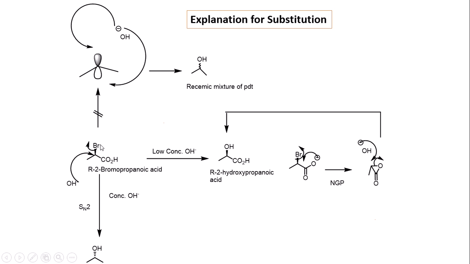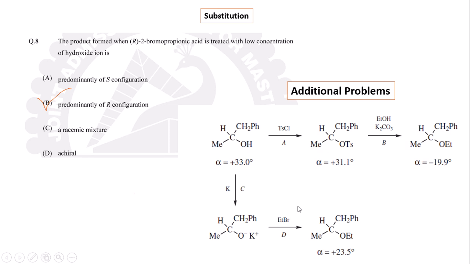And after the bromine cleavage, the carbocation intermediate is not formed, as the carbocation intermediate is highly unstable due to the carboxyl group. So the racemic mixture of alcohol product is discarded from this reaction condition. Hence, the low concentration of OH minus always gives the NGP reaction, and the option of predominantly R configuration